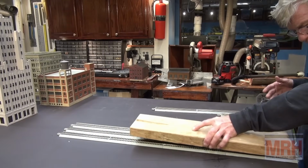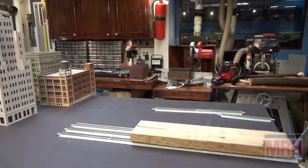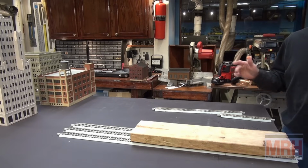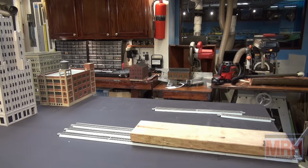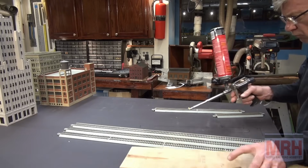Fantastic to lay it all out on the scene. The three main sections were just simply straight. That was a beautiful thing. I'll put a piece of wood on top of that to weigh it all down. I'm using Great Stuff Pro to glue this material, to glue this onto the...